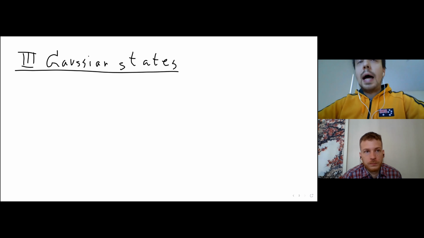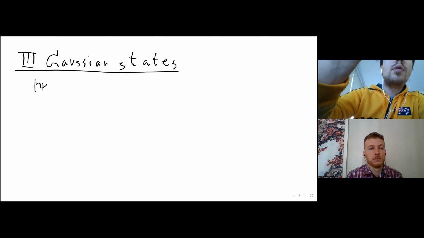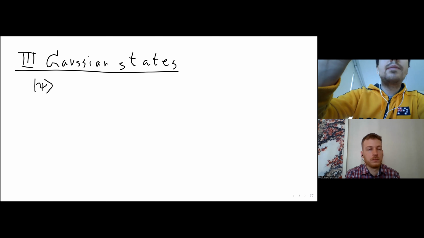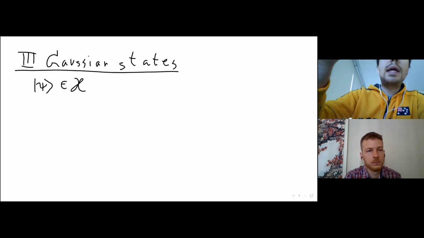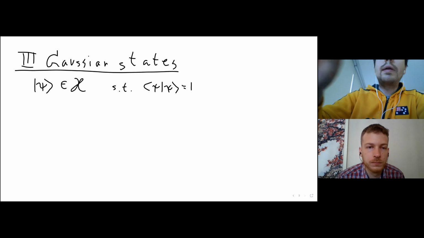So before I define Gaussian states, I define the one- and two-point correlation functions. I define, for a normalized state psi in Hilbert space such that the norm of psi is equal to 1,